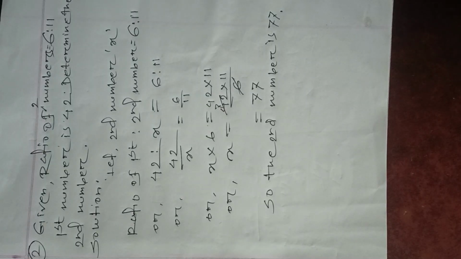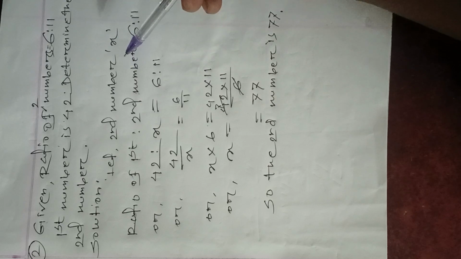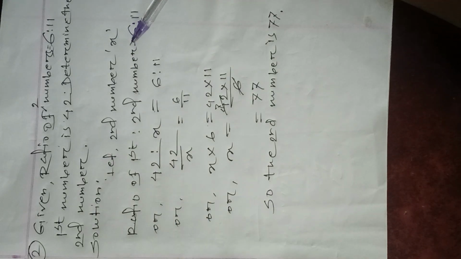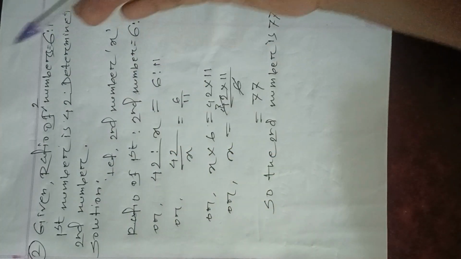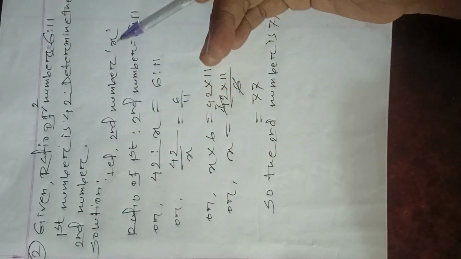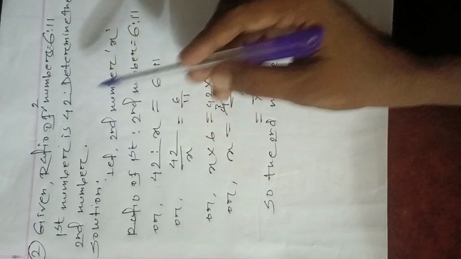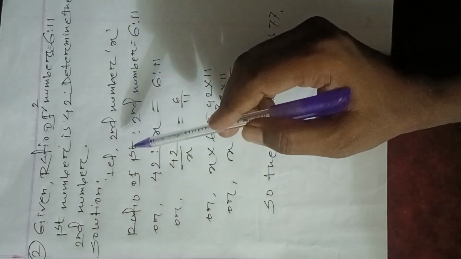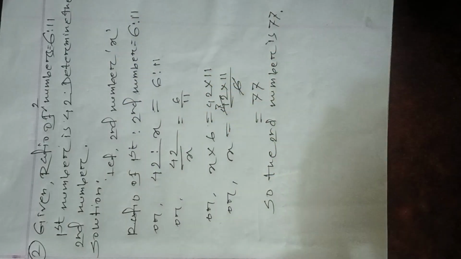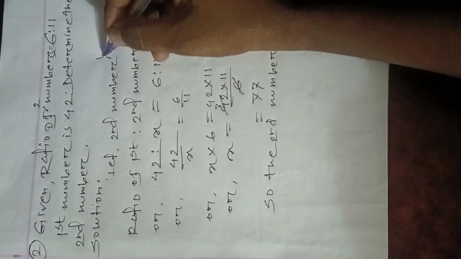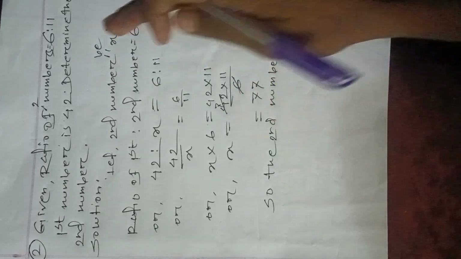Dear students, do you notice that in the previous math we have given the ratio of two numbers and sum of two numbers? From this system we can find out the two numbers. And also here the given ratio of two numbers and one number is given, another number is absent. This is another different procedure. Here if one number is absent, then we should let any number x. Suppose second number was absent, that's why we let second number x.